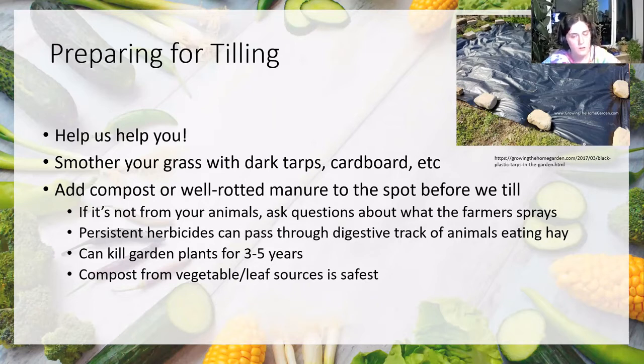And if you want, under this tarp, you can certainly add compost, well-rotted manure, other stuff that'll start rotting down. And I will say about manure, there's some issues. If it's not coming from your own animals, then you need to ask the farmer if they're spraying anything on their hay fields,